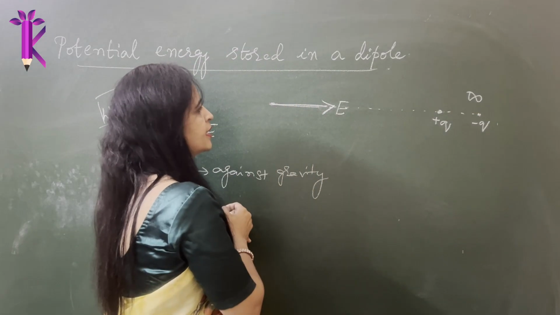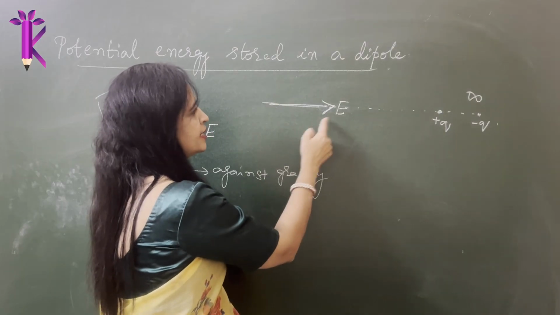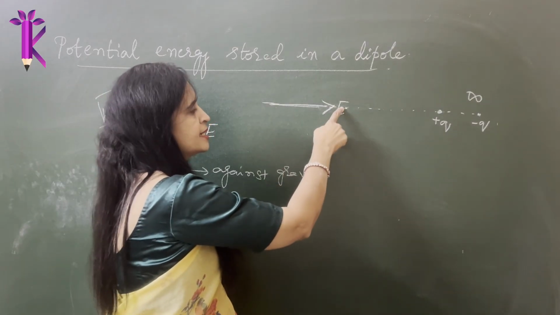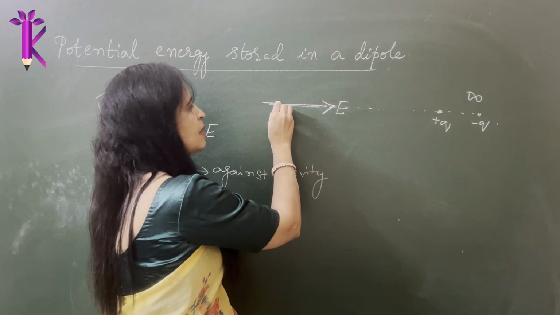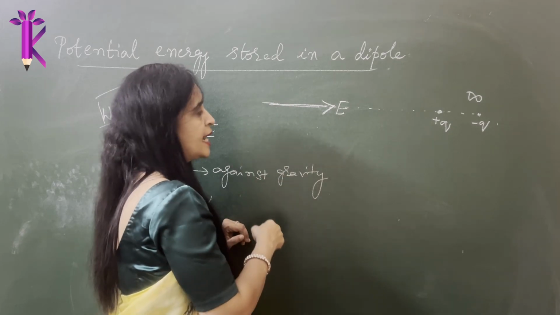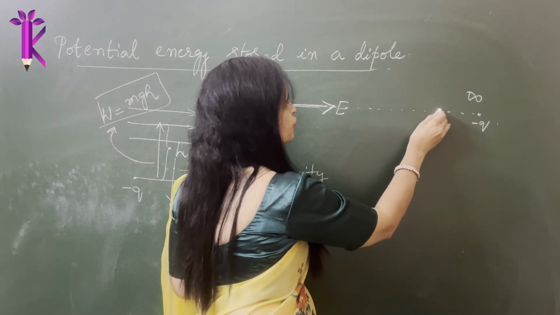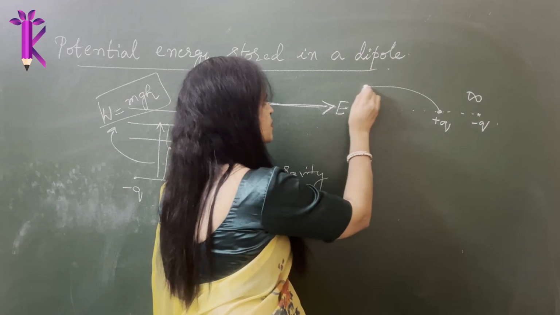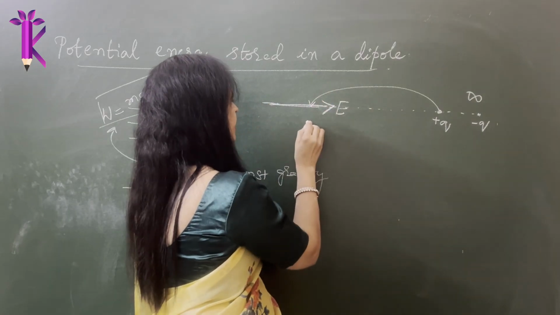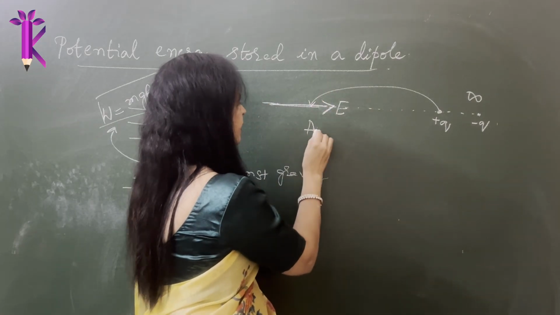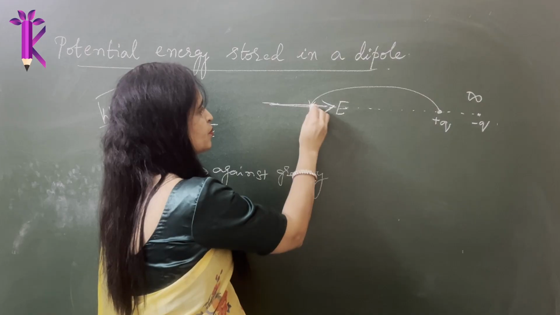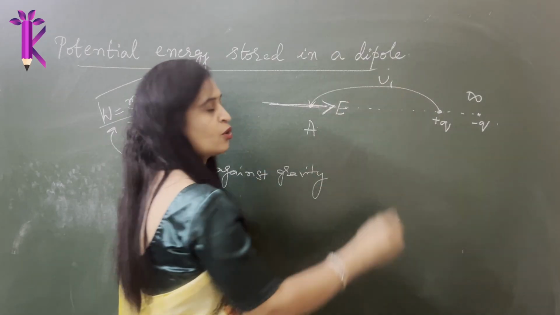If you have to bring that here, you have to do some work. In the electric field, there must be some source charge which is trying to pull it. I have to bring it from this point, let's call this point A, to this point. So I do some work which I denote as